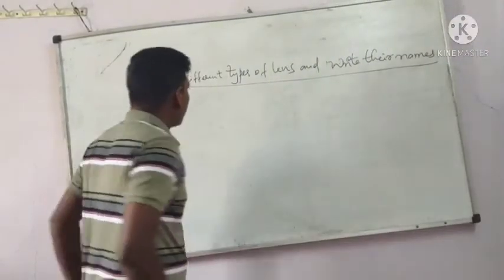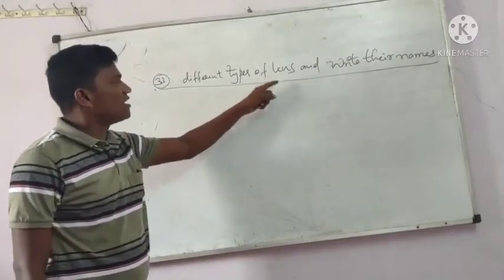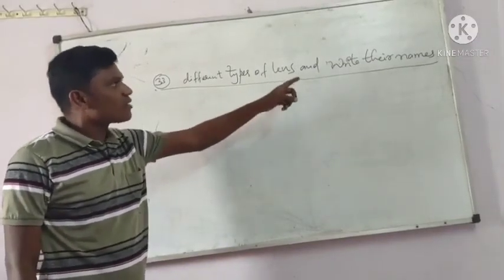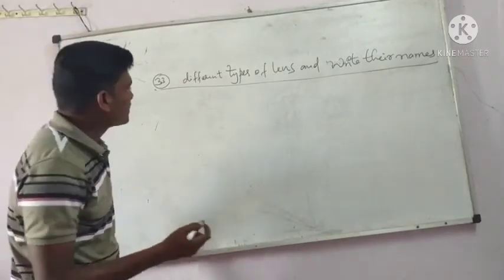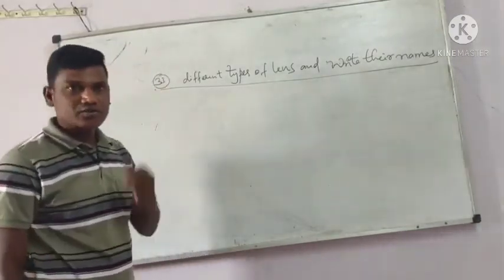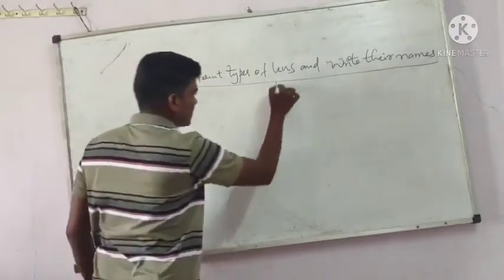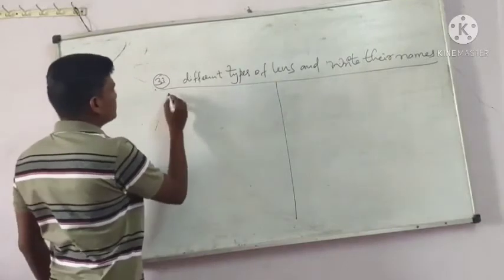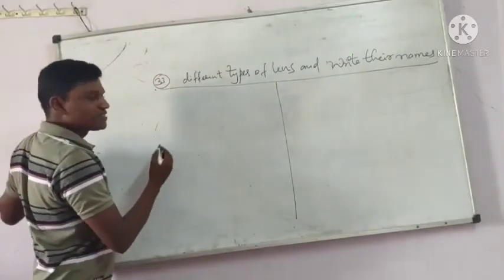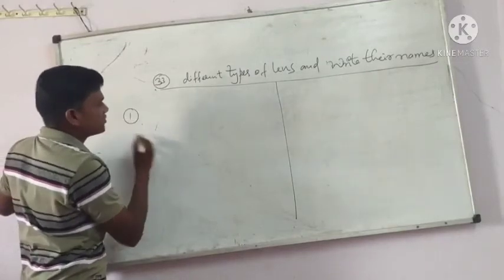And the last one: there are different types of lenses, write their names. We know this, it is very easy. How many types of lenses are there? Two: convex lens and concave lens. In convex lenses, how many types are there? Three. The first one is